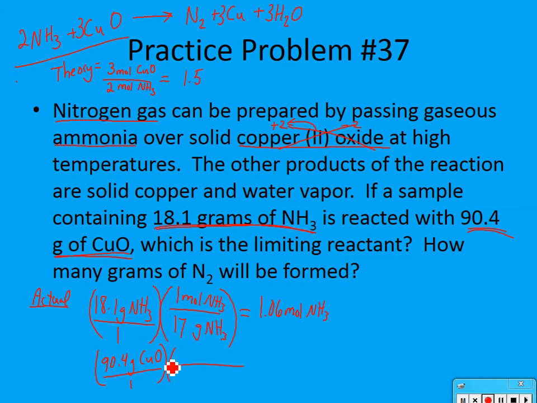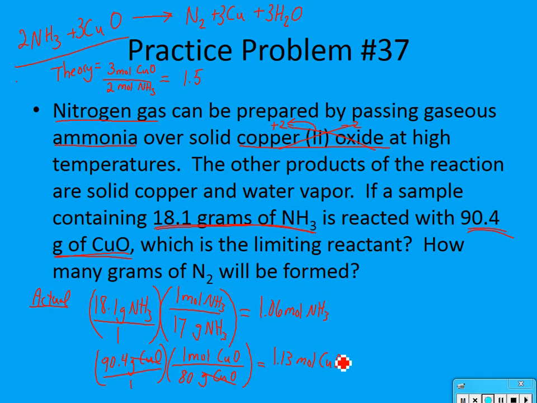Okay, if grams of copper oxide is on top, we know that it's got to go on bottom. In 1 mole of CuO, what's its molar mass, guys? Well, copper on the periodic table has a molar mass of 64, and oxygen is 16. So 16 plus 64 is 80 grams. My grams of copper oxide cancel out. I'm left with moles. Okay, so 90.4 divided by 80 is 1.13